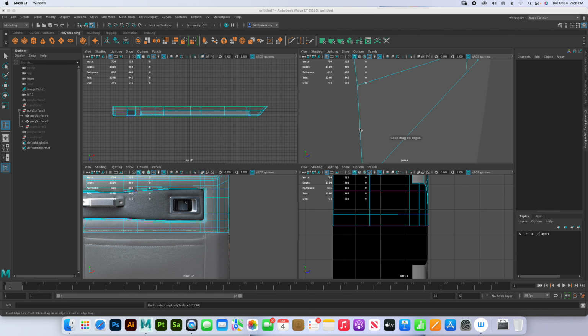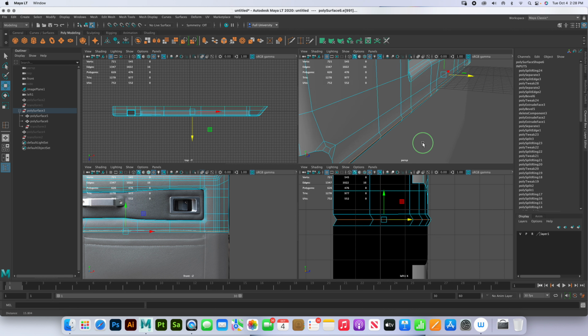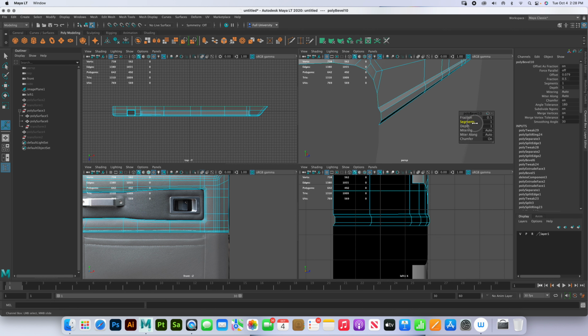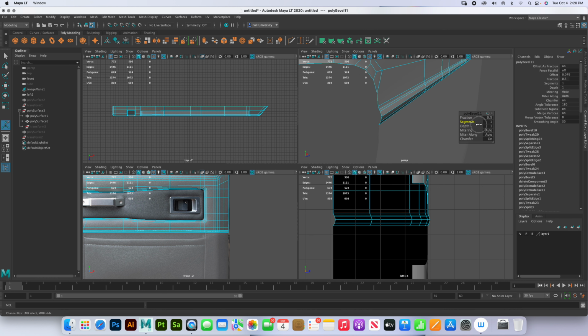We're gonna insert one edge loop here, right in the middle. You're gonna press W, we're gonna bring it out. And we're gonna bevel that edge. And then this edge, and bevel that edge, but tight, okay? That's very important